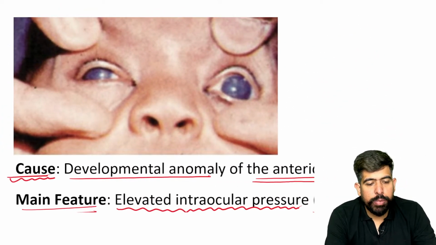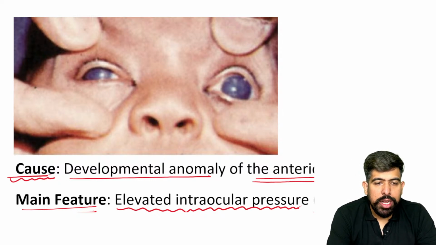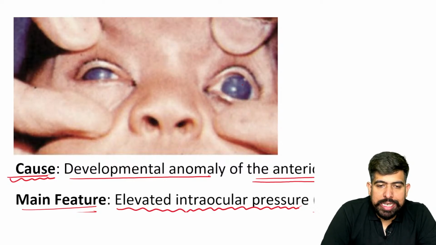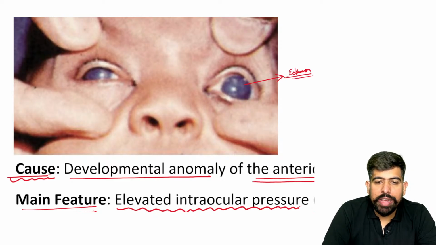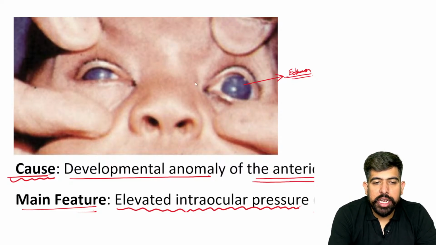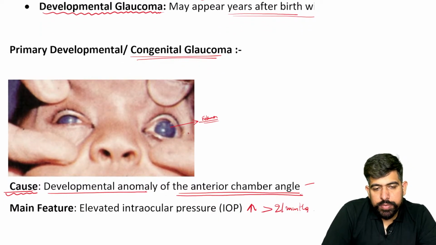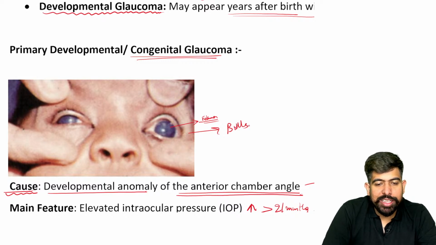Now, can you see this? The blue-colored eyes. This cornea is totally blue. Why does it have the blue color? Because it is enlarged. You can see it is a very big cornea, and it also has edema. It is having the edema and the enlargement, and as it is enlarged, it looks like a bull's eye. It does not seem like a human's eye; it seems like a bull's eye,